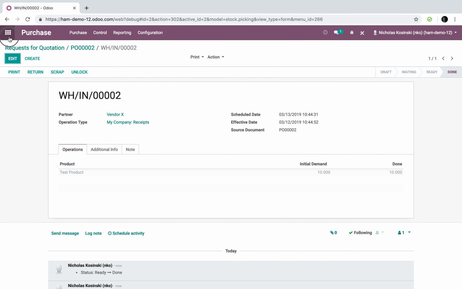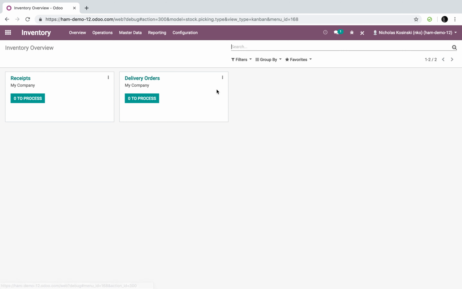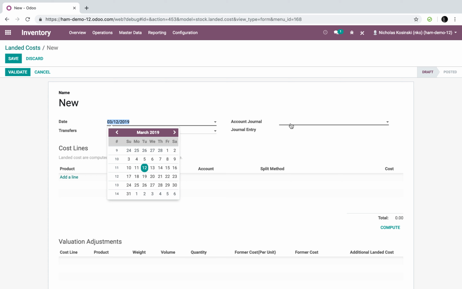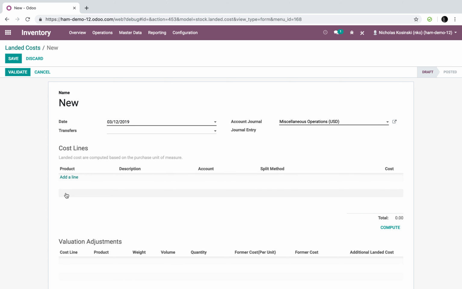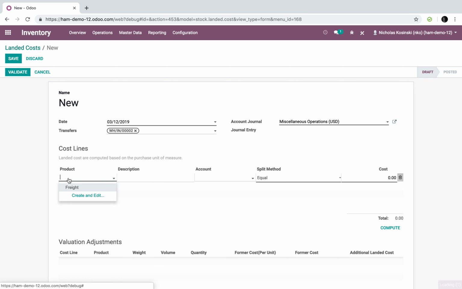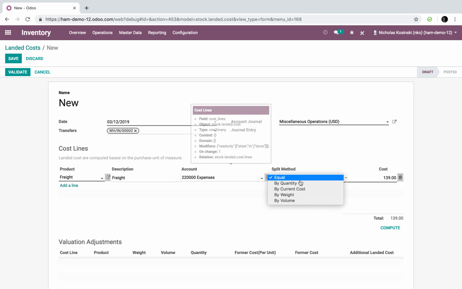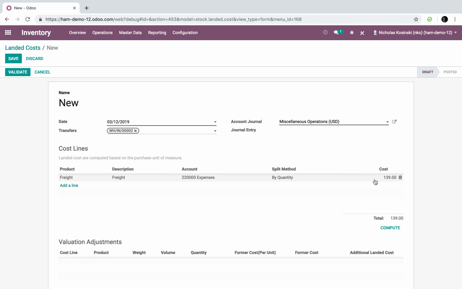Brings those in. Then we'll go to our inventory, operations, landed cost, create a new landed cost, specify our journal, specify our transfer we want to reference, add the freight or whatever other landed cost you want to apply, and then we'll break it out by quantity, and we'll say it's